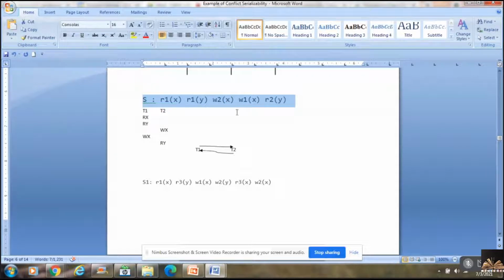Now I'm trying to convert this scenario into this one. T1 has only these instructions. What is the first instruction? You have to go in sequence. R1X first, I'm writing it as RX. You need not mention the number because that instruction is with respect to transaction T1.